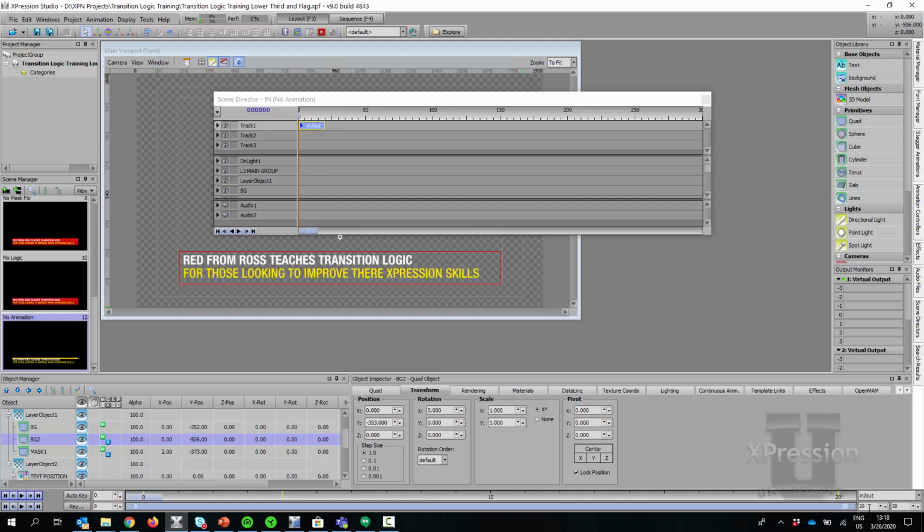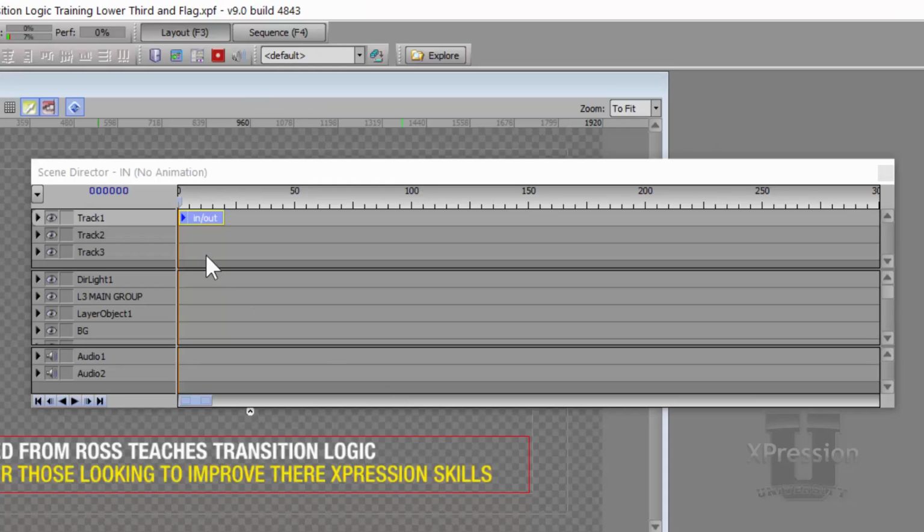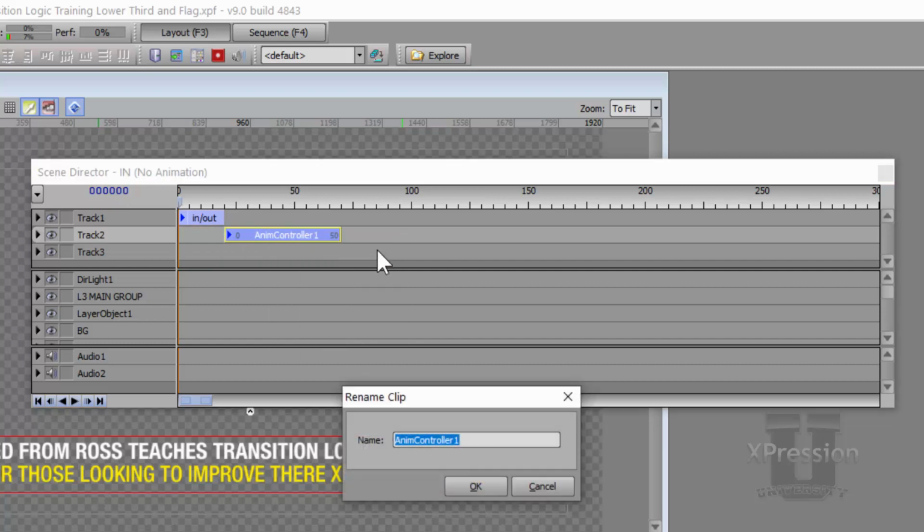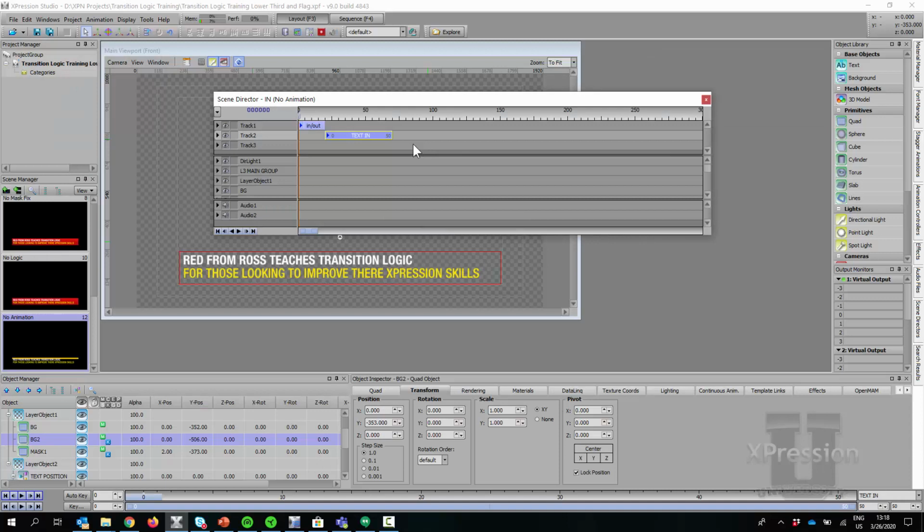20. There we go. So what we're going to do about this text then? Well, I'm going to make another animation controller. And this one is going to be the text in. So probably start that guy down here. We can always adjust it later. That's the upside of using multiple animation controllers rather than building everything in one. And I'm going to call this text in. Very good.